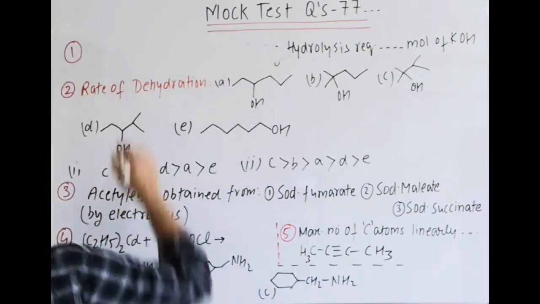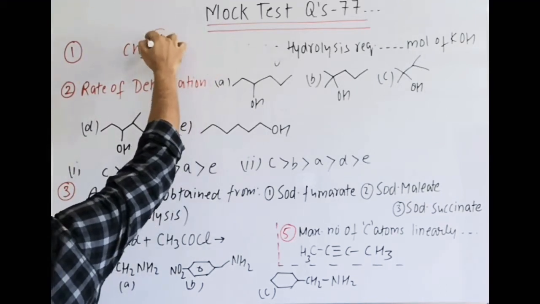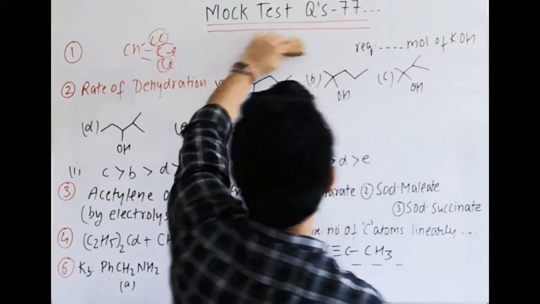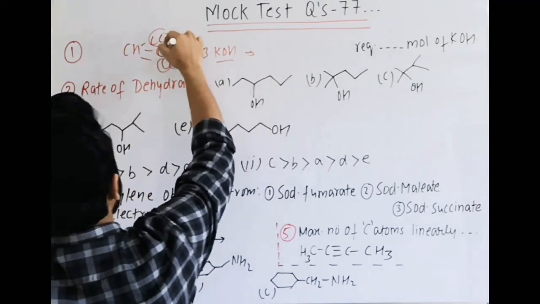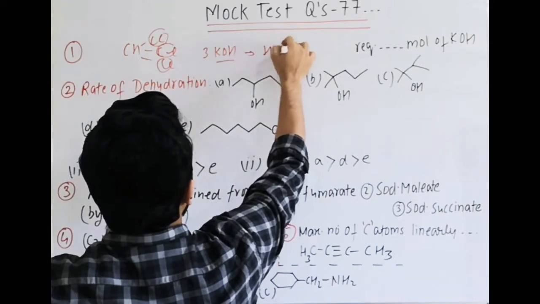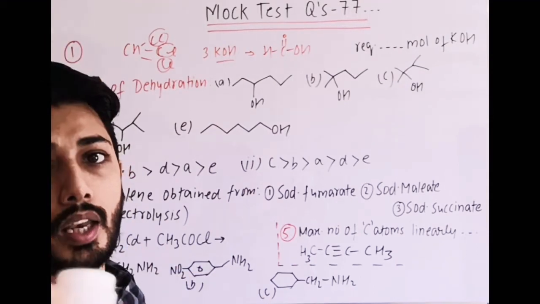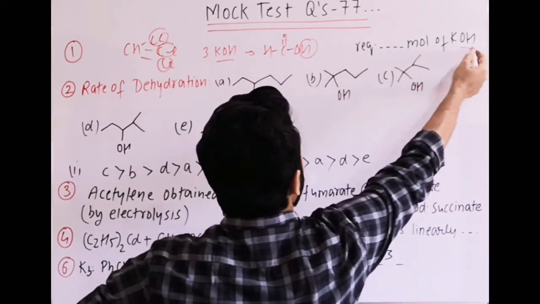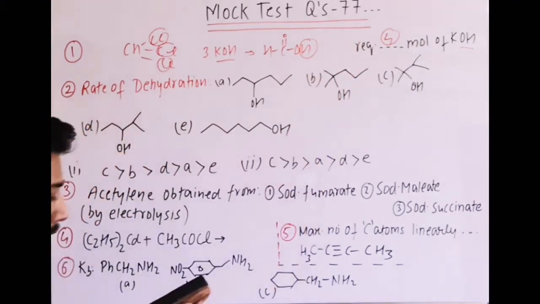Now we know that chloroform is CHCl3. One by one all Cl will be substituted by OH because it is hydrolysis done by KOH. So 3 moles of KOH are used, and it forms C(OH)3, water eliminates, and it gives formic acid. Now due to the alkaline medium, what happens further is that this will lose H+, meaning an acid-base reaction takes place and 1 more mole of KOH is consumed, so it will form the salt of the carboxylic acid. So the answer will be 4 moles of KOH.